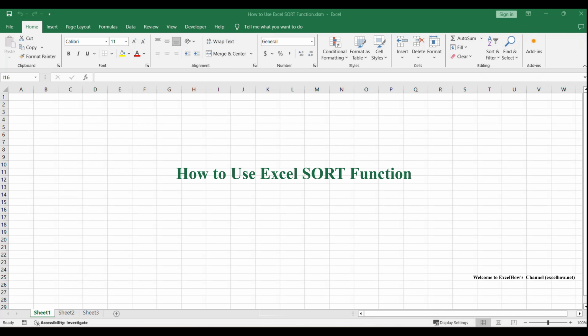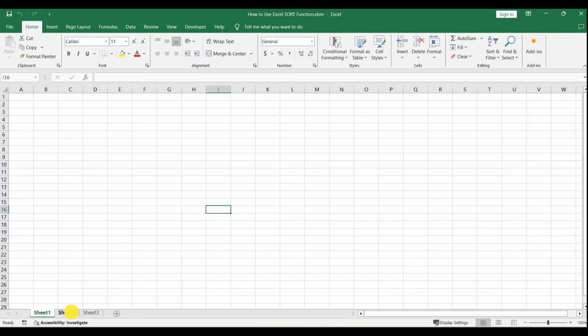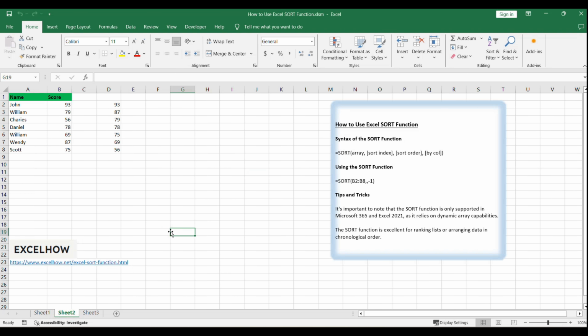In this video, we're going to explore the powerful sort function, a dynamic array function in Excel that allows you to sort data alphabetically or numerically by columns or rows. The sort function is a versatile tool for organizing data. It can handle arrays or ranges containing text, numbers, dates, or times, and it creates a dynamic array that spills